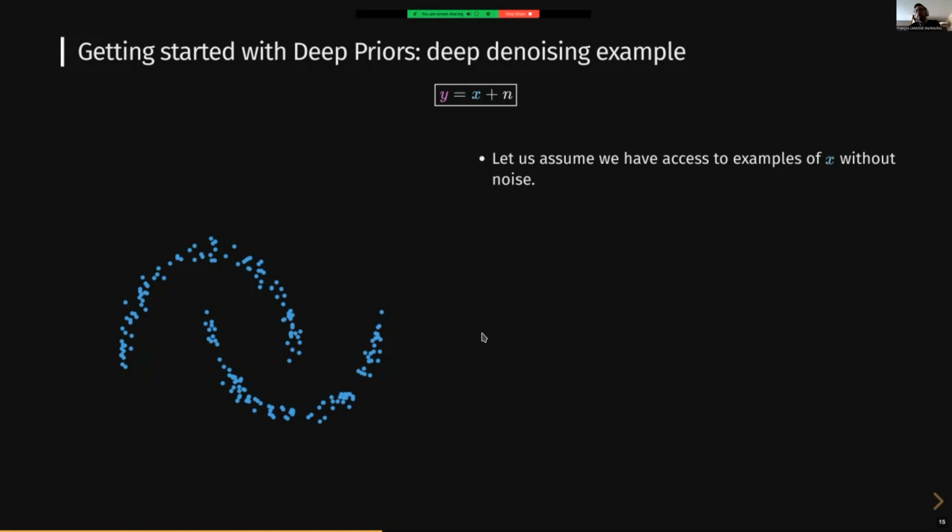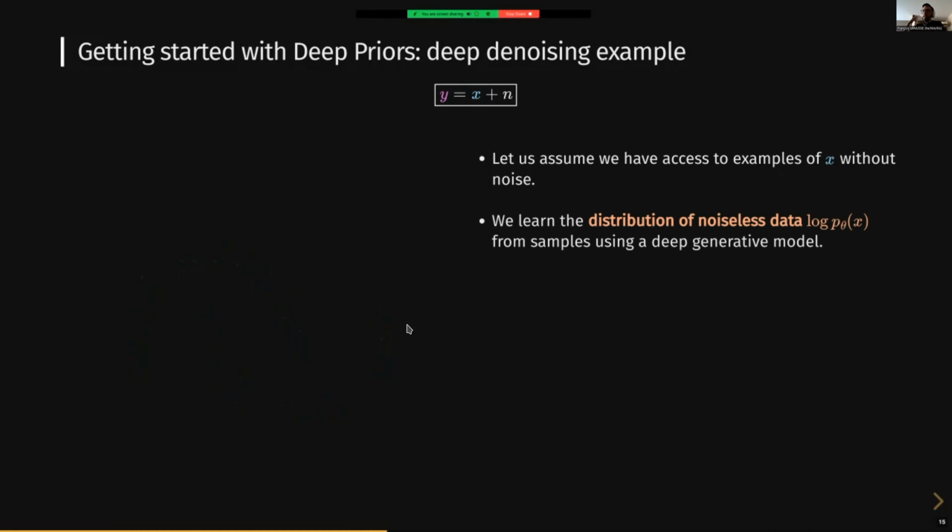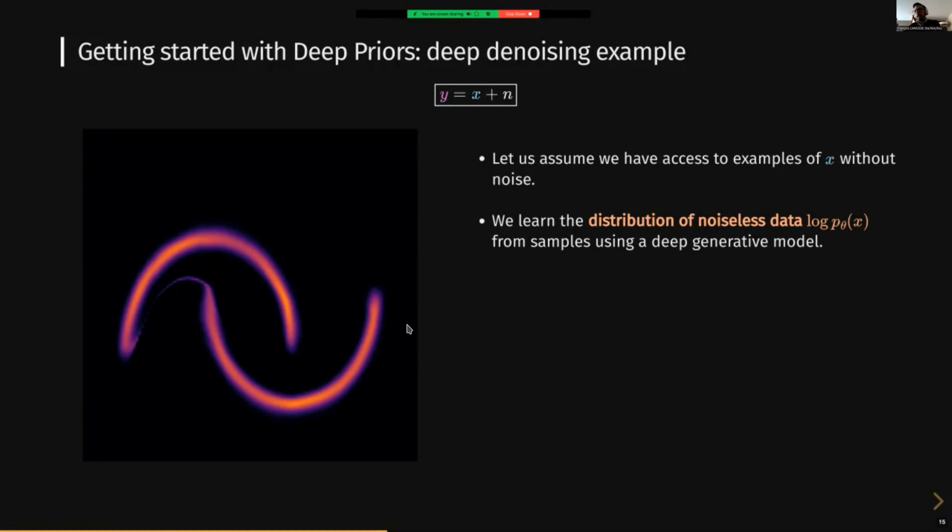Because I only have access to these points, those points are not directly tractable or usable for Bayesian inference. But the thing that I can do is to fit a deep generative model to the points that I've observed. I'm writing it out like this here. And then now I have a practical distribution that I can evaluate at any point in this 2D space that represents this underlying distribution of the data, okay?